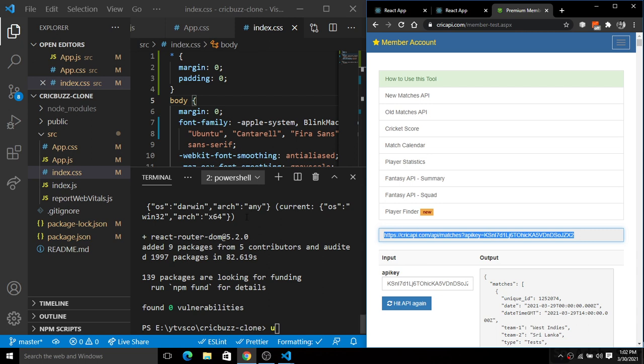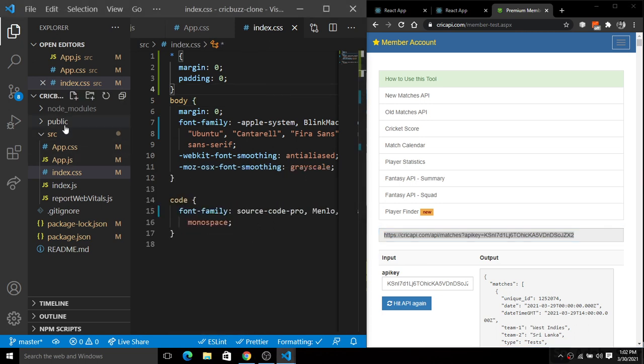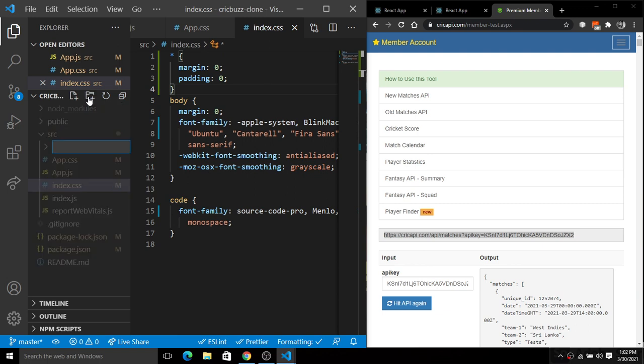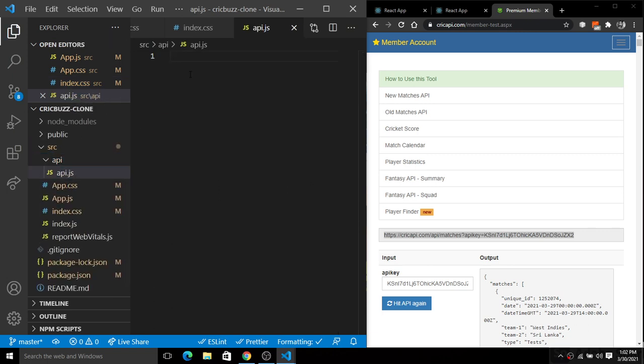So I'm going to simply create a folder inside the src directory with the name of api, and inside of this we'll simply create a file api.js, and inside of this file here we will simply create an API key instance here.